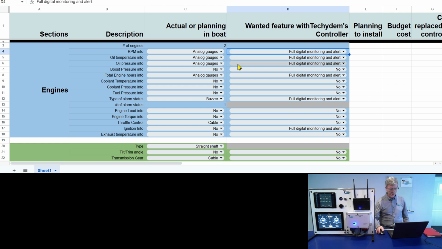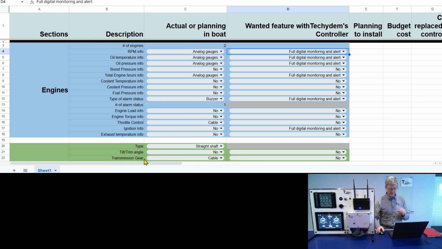So for each item, you would select what exactly you expect the controller to do. That's a good way of exploring what you would want to have and seeing how it impacts the cost, because this is the end goal of this.